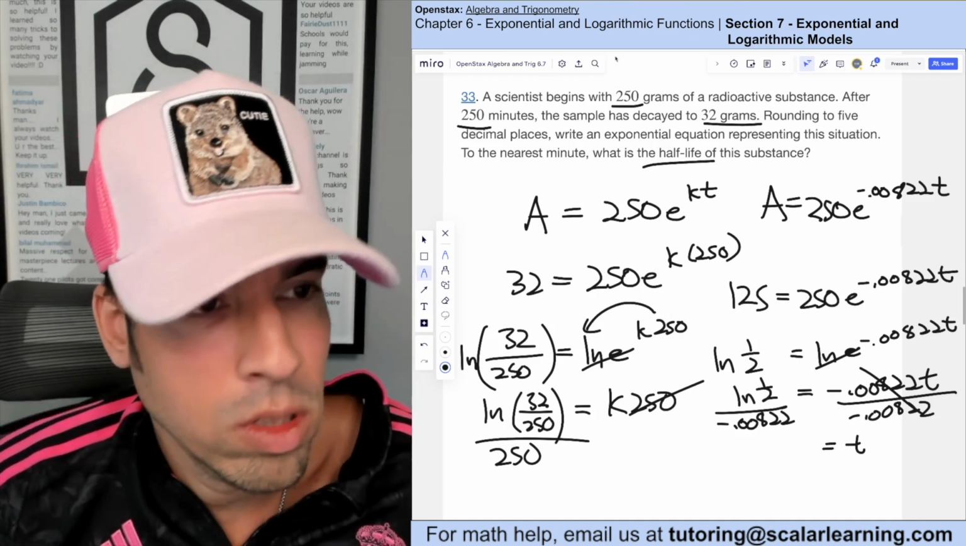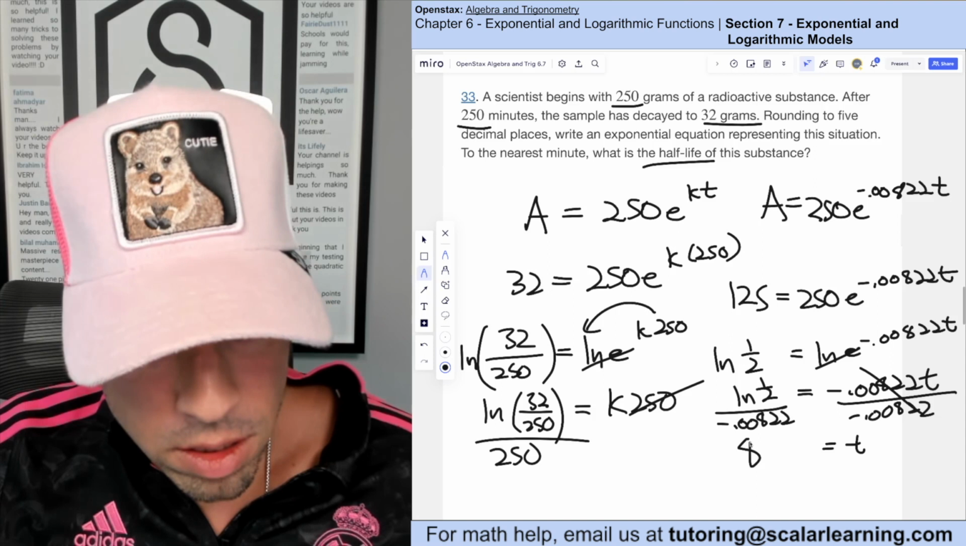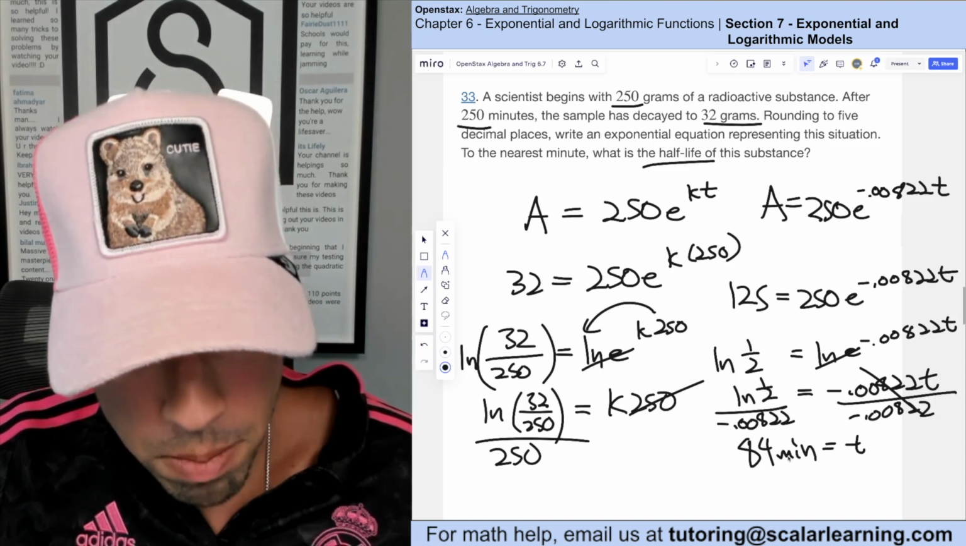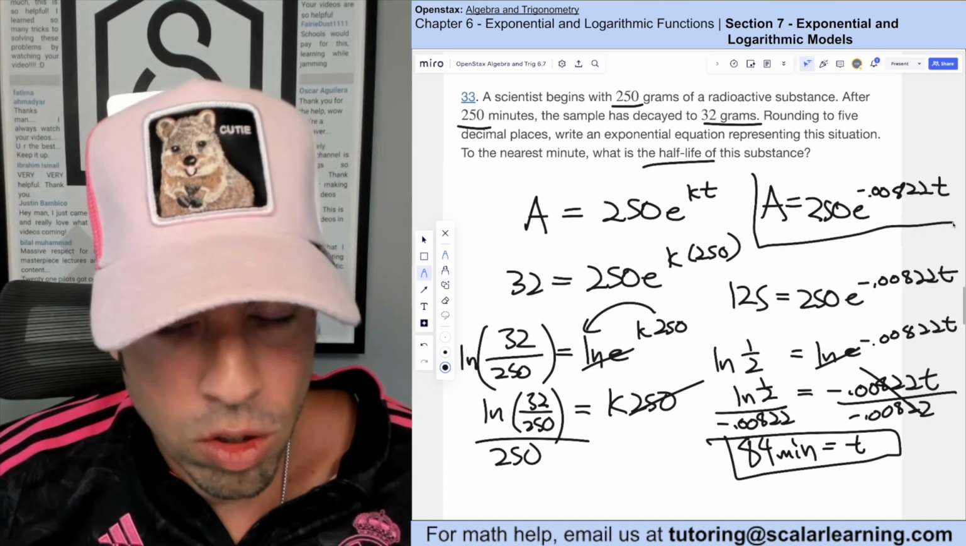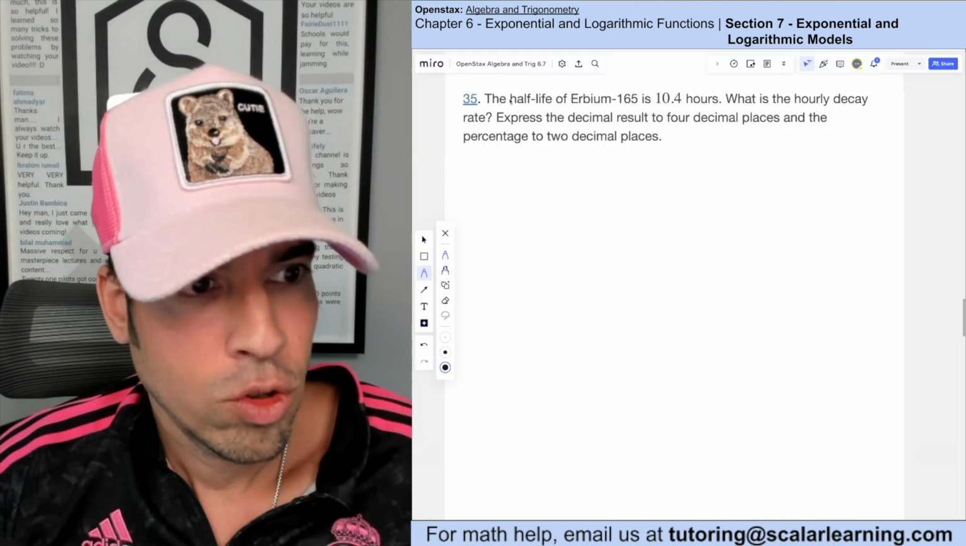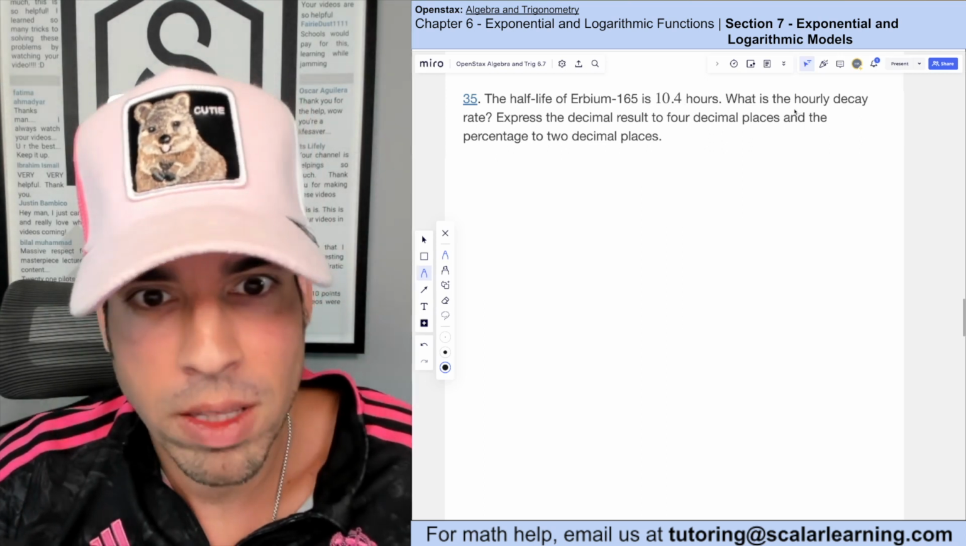So let's see in Desmos. And then we get this approximation of 84. So the half-life is approximately 84 minutes. So here's one of your answers. Here's the other one, the equation. Boom, done. This question says the half-life of erbium is 10.4 hours, and we're trying to find the hourly decay